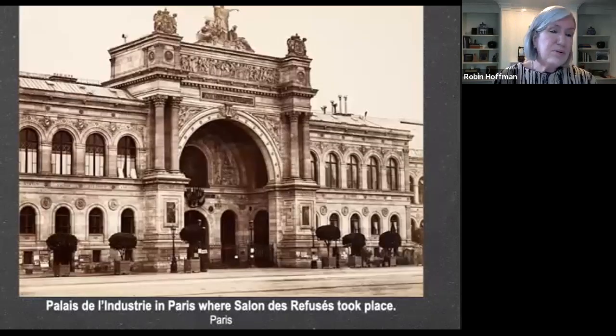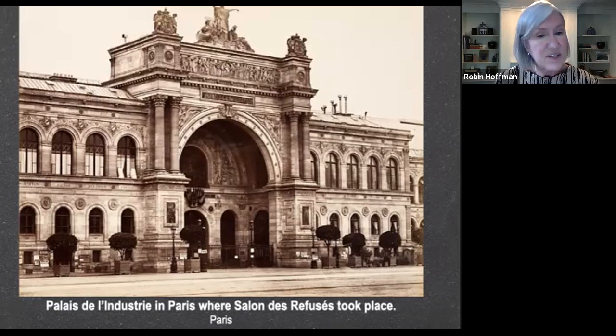So in order to prove that the salons were democratic, Napoleon III instituted the Salon des Refusés, containing a selection of the works that the Salon had refused or rejected. His office issued a statement, quote, "Numerous complaints have come to the emperor on the subject of the works of art which were refused by the jury of the exposition. His Majesty, wishing to let the public judge the legitimacy of these complaints, has decided that the works of art which were refused should be displayed in another part of the Palace of Industry."